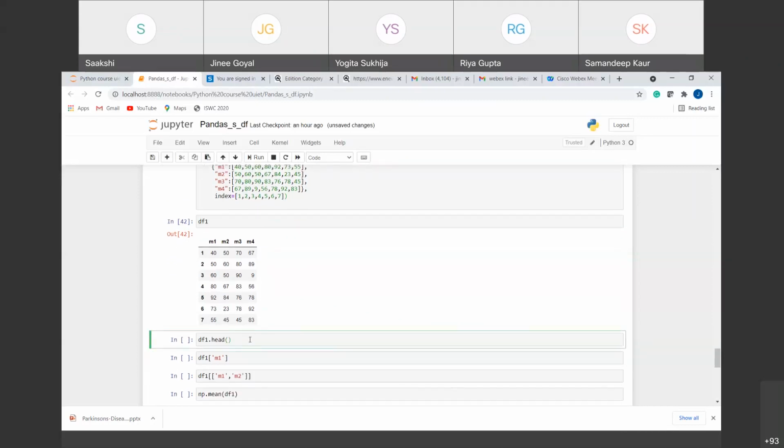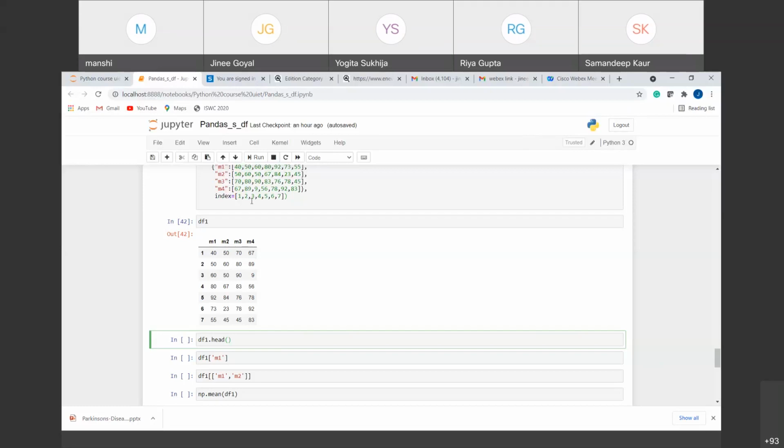If I am not giving anything inside the braces of head, it will use the default value, and the default value is 5, right? It means that if I'm not providing anything inside the braces, it will give me the top 5 rows.